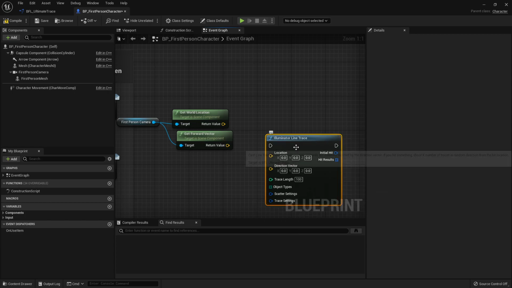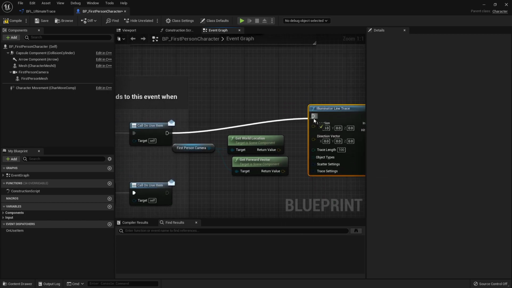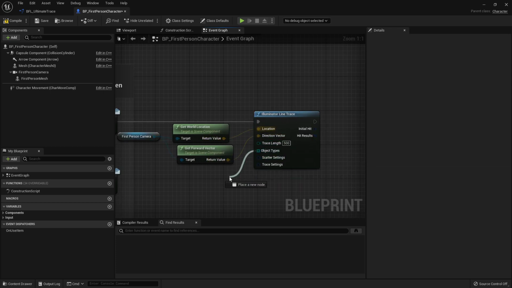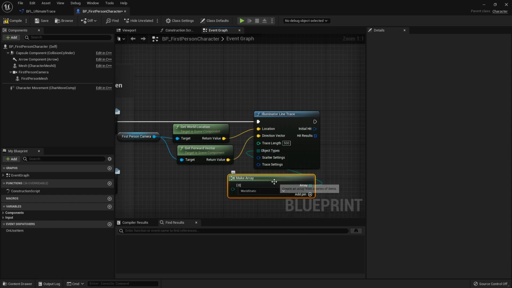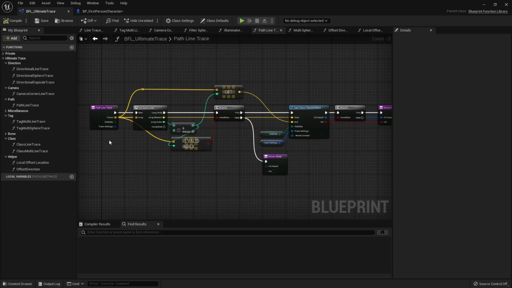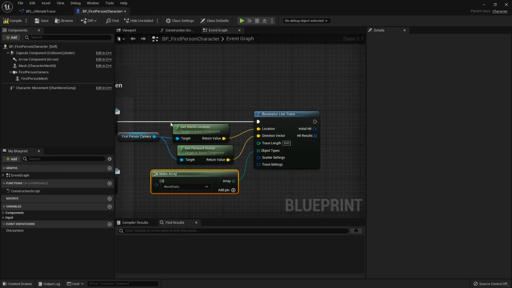Then we have the illuminator. This basically means we cast a trace from the location and direction vector. So now I'm using object types. This is kind of the reason why I didn't want to create a bloated set, even if I could, probably in the hundreds of functions. So there is also combination. So if we type